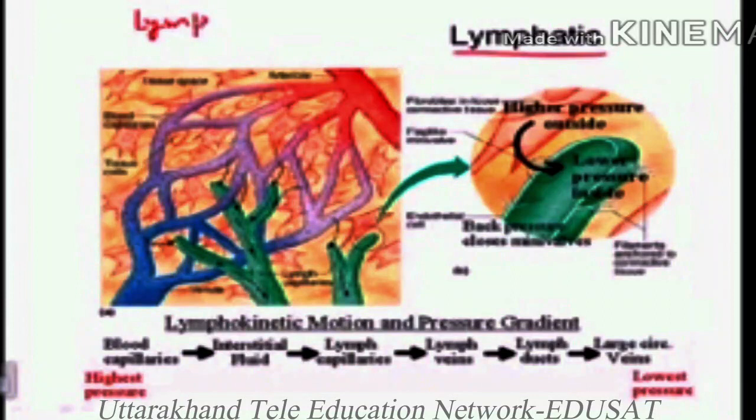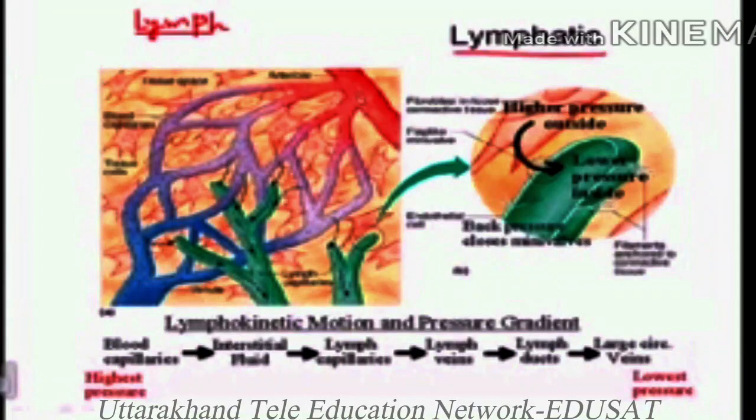Now what is the actual flow of the lymphatic system? Look at the arteriole to the venule region. Blood pressure is changing in the arteries. Blood pressure is highest in the arteries and lowest in the large veins. Here you can find arterioles. Arterioles are much smaller than arteries. The arterioles divide into small branches and venules also divide into small branches and meet at a particular point which is called blood capillaries. The question arises, what do you mean by blood capillaries?